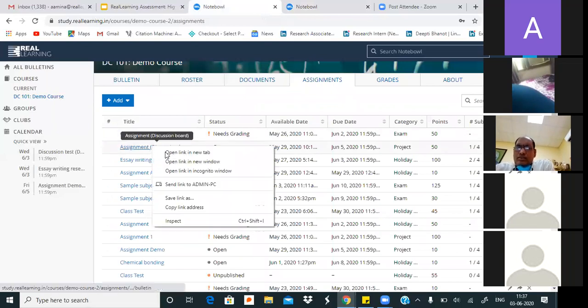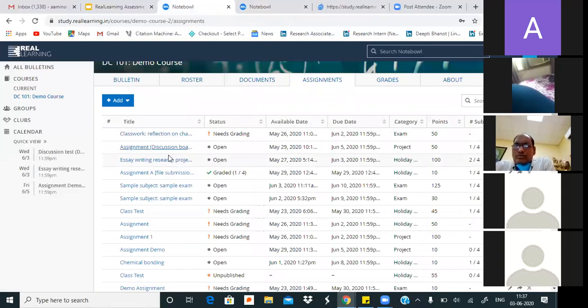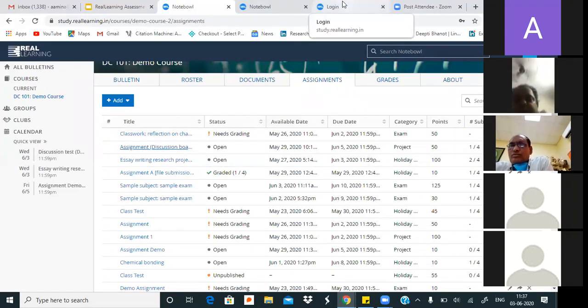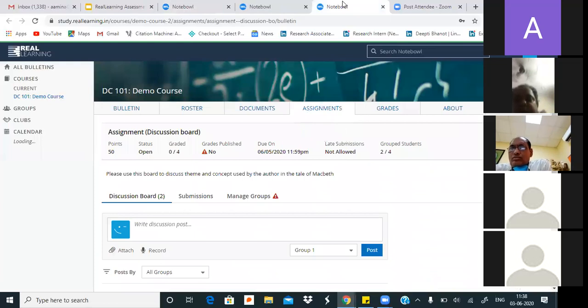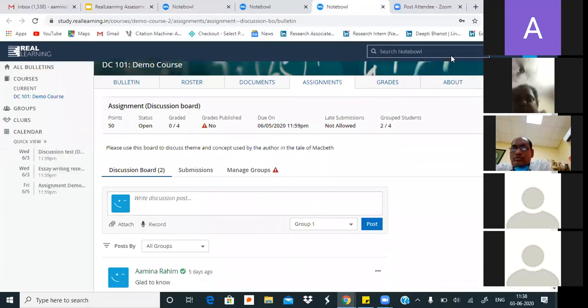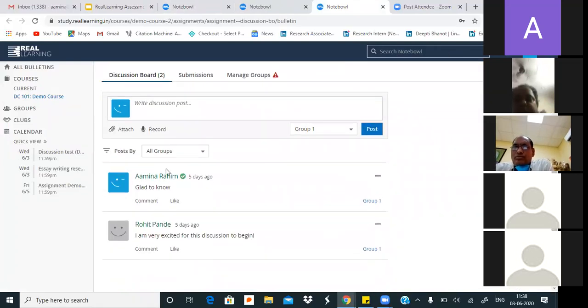The other form that I will open up right now is a discussion board, which I talked about, how teachers can make sure that students are talking to one another about a concept or a chapter that you have discussed. So students can be talking about it. You as a teacher can administer the discussion and make sure that you also grade the students. This is a discussion board assignment here.